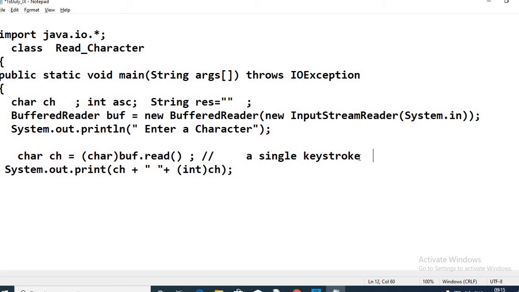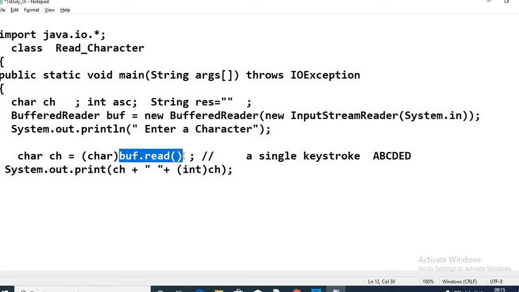Even if you enter many characters, it's going to read the very first character. The rest of them will be ignored or not read at all. In case of readline, all the characters will be read, and hence it goes in the form of a string. Here only the very first character will be read in the form of a character.